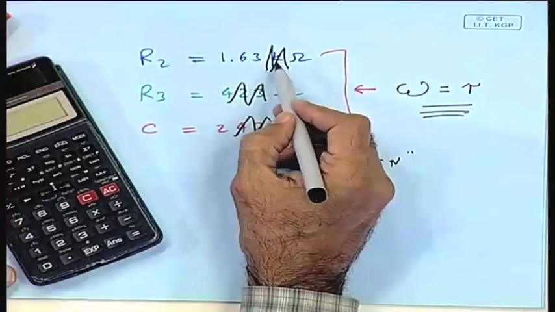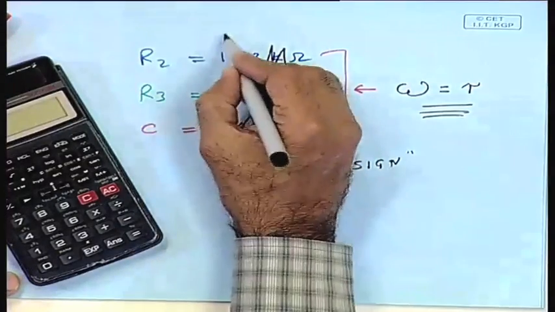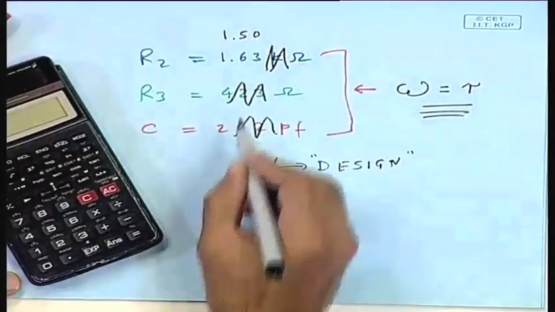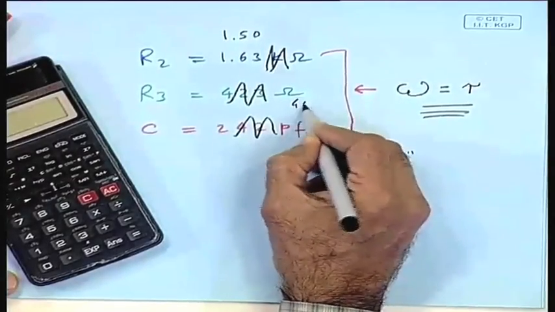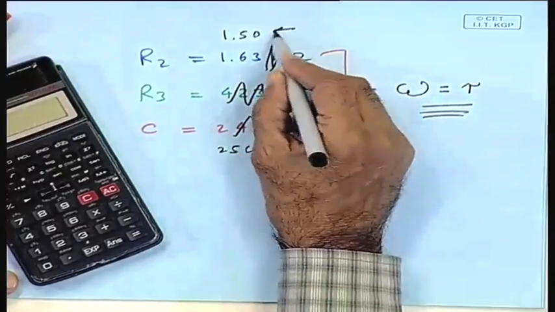I allow for a variation here. So maybe the nearest one is 1.50. Maybe the nearest one is 400. Maybe the nearest one is 250. If I get these components,